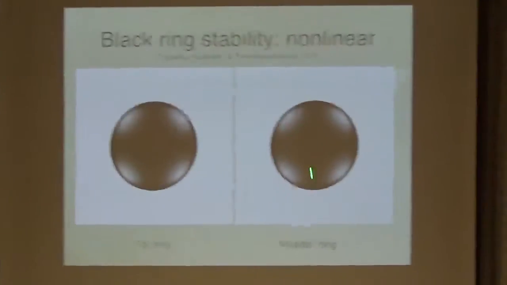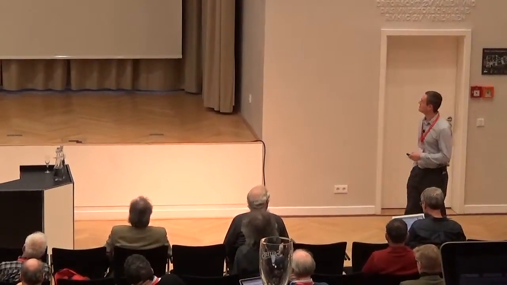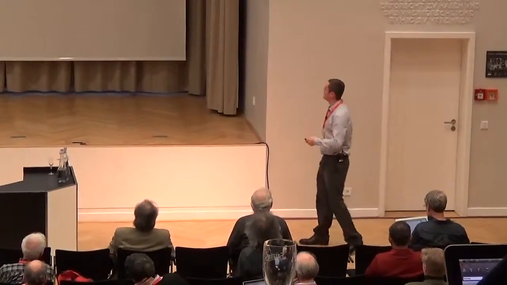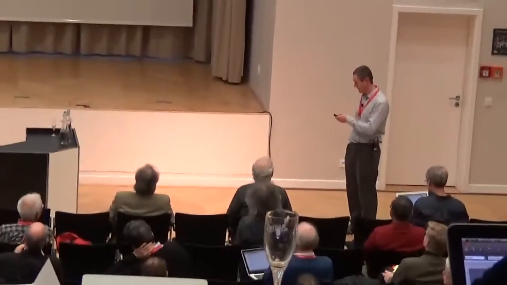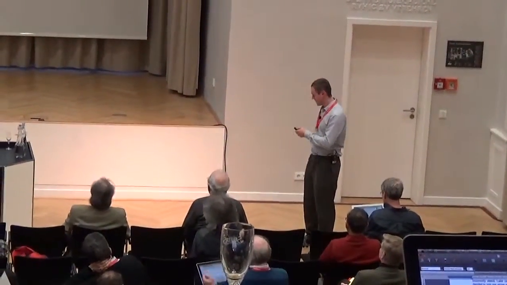So I should say it's quite remarkable. These are fully nonlinear simulations solving the Einstein equation in 5 dimensions. And they are preserving one symmetry, though, so it's roughly the same level of difficulty as solving in 3 plus 1 dimensions. Okay, so those are the fat rings. What about the thin rings?